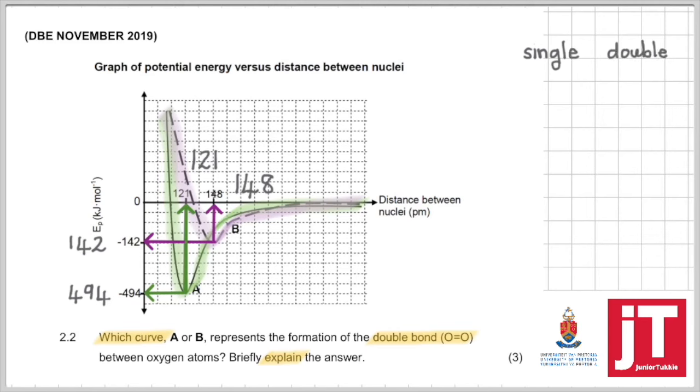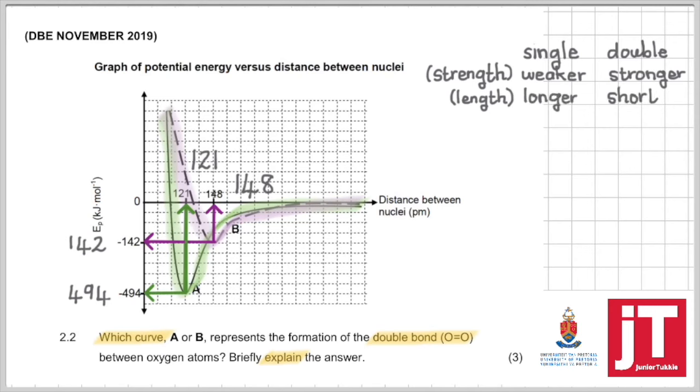Remembering what we know about single and double bonds, we find that the strength of a single bond is weaker than that of a double bond. The bond length of a single bond is longer than that of a double bond, and the bond energy of a single bond is smaller than that of a double bond. When we compare the values obtained from the curves, we find that the bond energy represented by curve A is larger than that of curve B. We found that the bond length from curve A is shorter than that of curve B, and we can